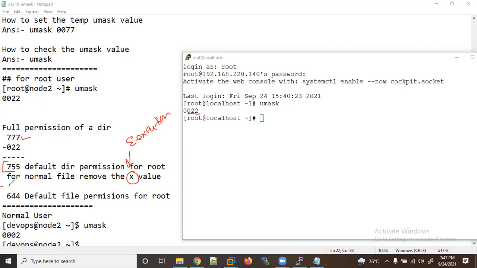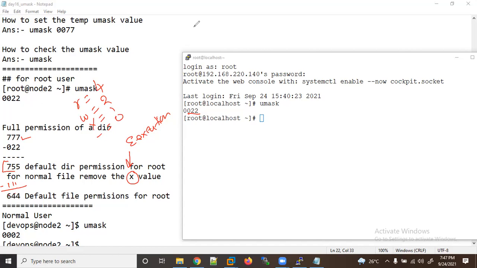We have learned read has a value of 4, write has a value of 2, X has a value of 1, and hyphen is equal to 0. These are the file permissions we have learned. So it comes to 644. That is for the root user.